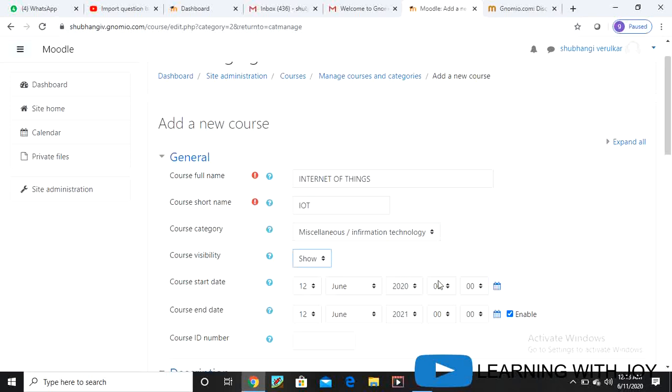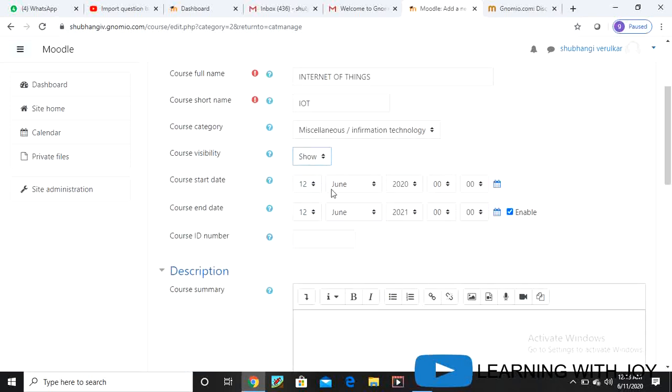We want to set what duration you want for this course, like 12 June, timing 11 to the course end date. It depends upon you how much you want to set. Depending on how many months you want, June, July, August.